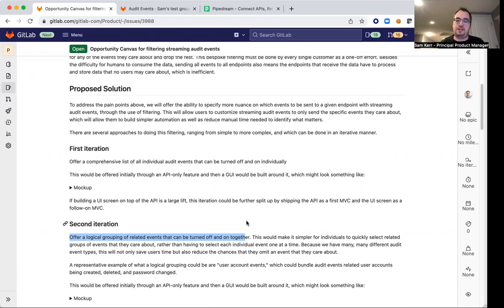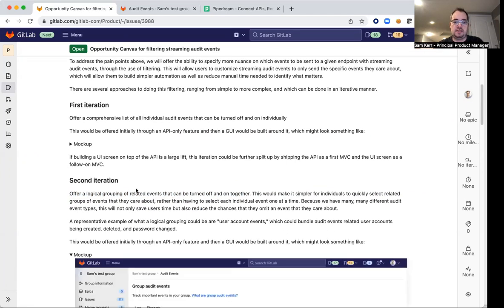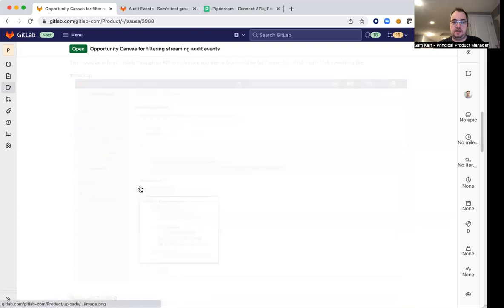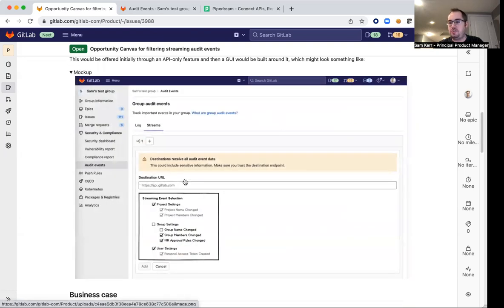And so we have some opportunities to do this sort of logical grouping so that users can say, I want this type or this class of events as a whole without requiring them to go through and review every single one of the events. And so we have a mock-up of this as well. And so what that might look like, you have the same screen where your destination URL is going to be there. And then instead of checking every individual checkbox, in this example, you might check project settings, which would automatically opt you into both project name change, project members change,